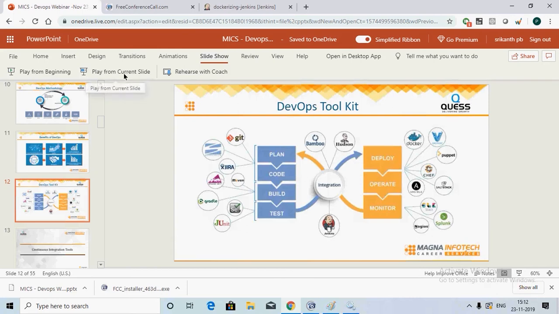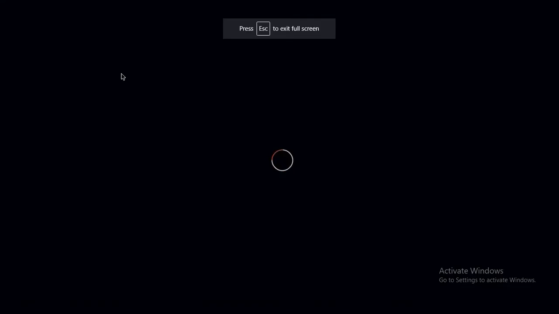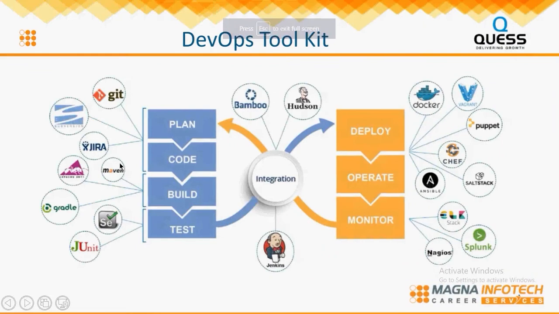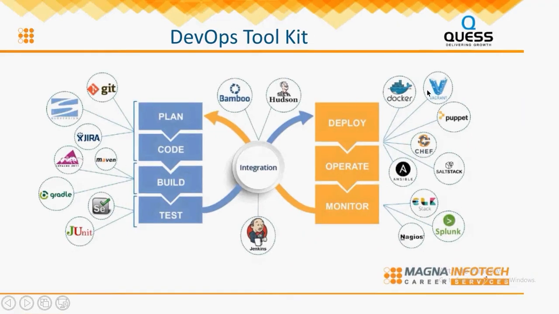And you have some toolkits like GitHub, Jira, Gradle, JUnit is for testing. Similarly, on the right side you have Docker. Docker is nothing but containerization. Using the containers, you can deploy your code. Using the Docker images, you can deploy. You can push the images to the Docker hub. You can download the images. Let's say you joined as a new team member, and you need to get the project along with the environment. You can do that using Docker.